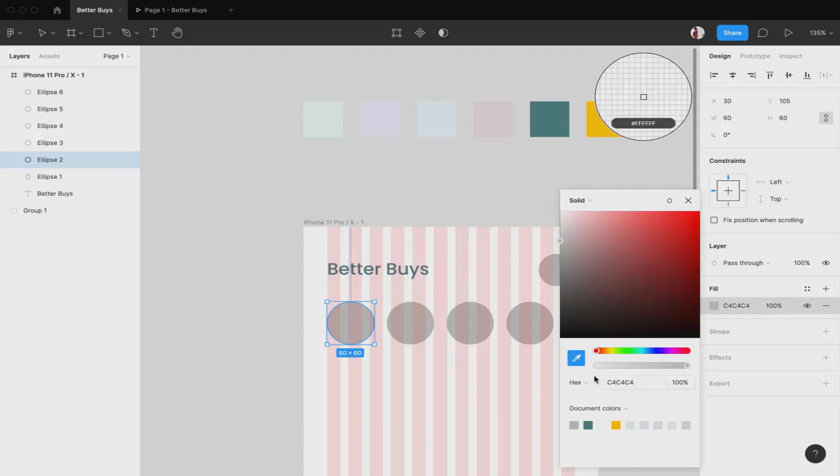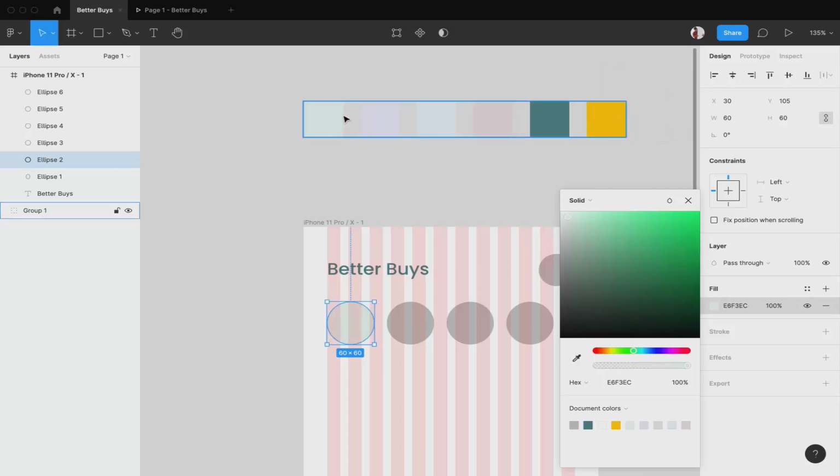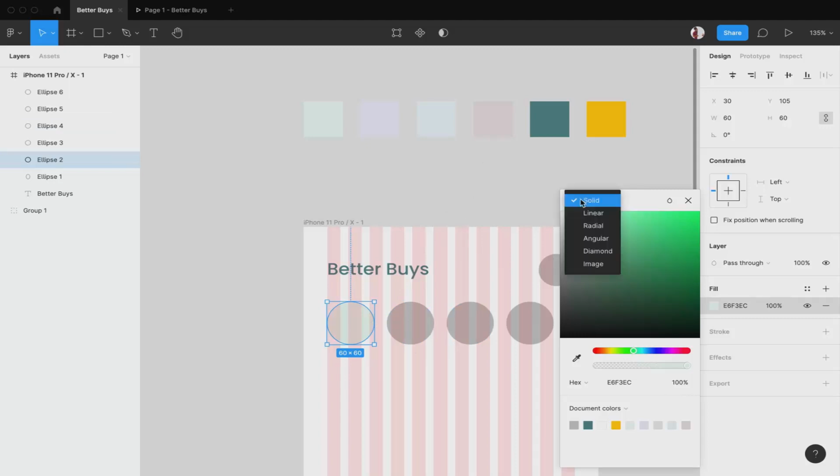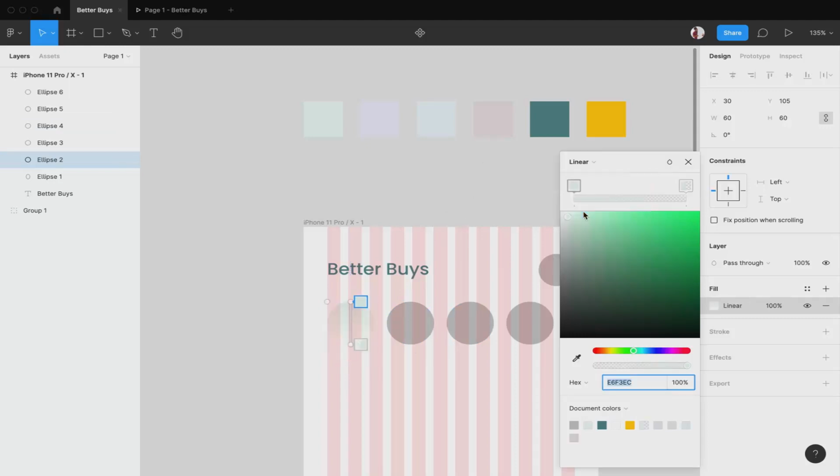I'll add a color. Oh, so this is a dropper icon. By this, if you point the cursor anywhere, it will pick up its color. You can see on this circle over here. If I go to this color palette, it picks its color, but I'll select this color, and that color is automatically applied over here. Now instead of solid, I'll make it linear.